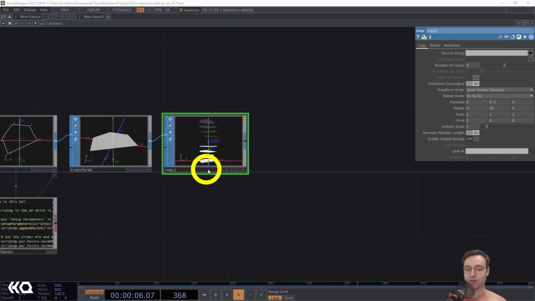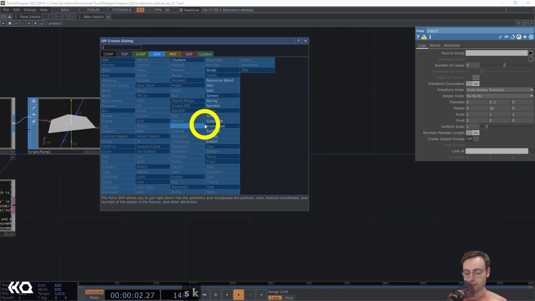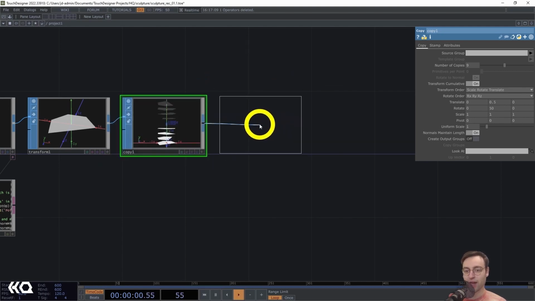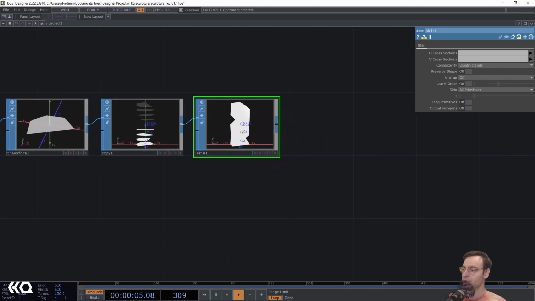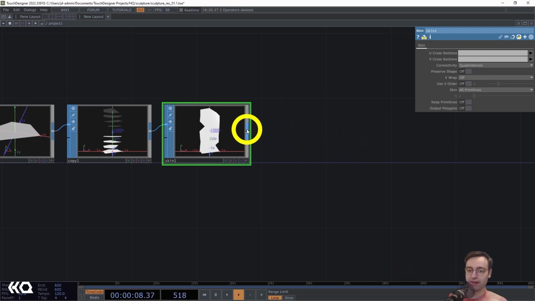So to take this from a stack of flat planes and turn it into a three-dimensional shape, we're going to use something called the skin SOP, which, as you can see from the description there, takes any number of faces and builds a skin surface over them. So we're wrapping it and creating a 3D shape out of it. So we're going to leave the settings of the skin SOP alone and continue on to our next operator,